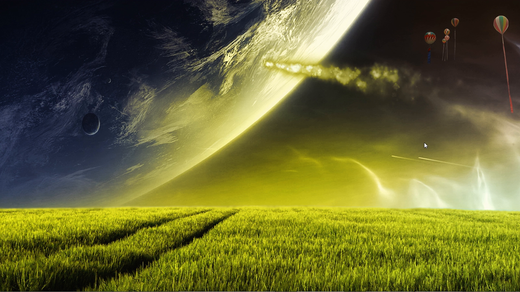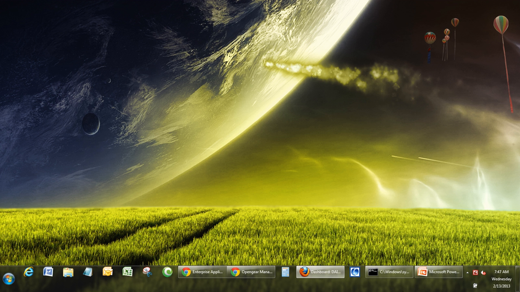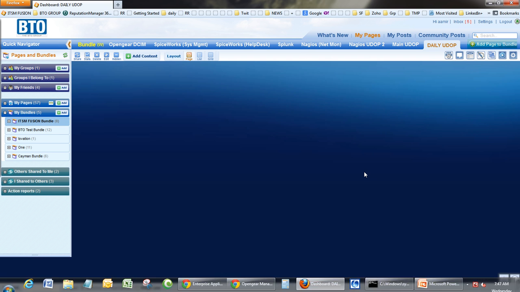Basically, ITSM Fusion is a Web 3.0 collaborative browser-based platform, generally referred to as a UDOP, which is a user-defined operating picture. The idea behind a UDOP is to allow the end user to have a very simplified workspace that provides you with situational understanding and awareness, allows you to integrate many different applications, including legacy apps, into a secure browser-based platform. So what I'm going to do now is show you exactly within Firefox what a UDOP looks